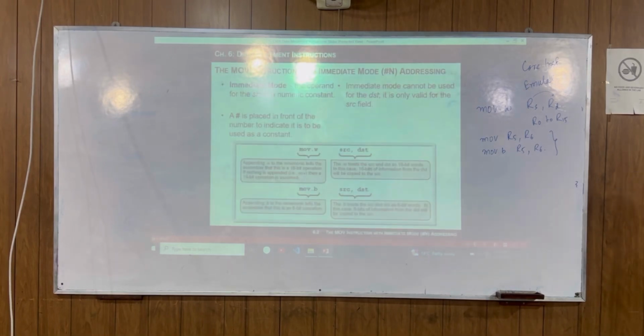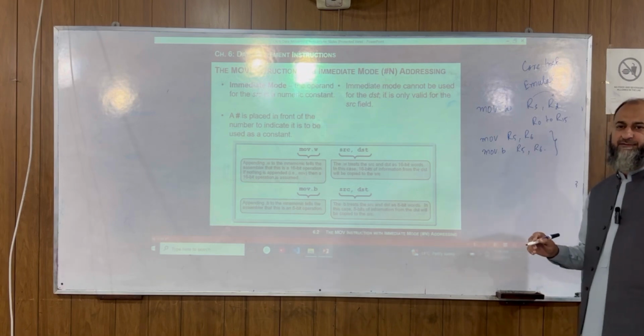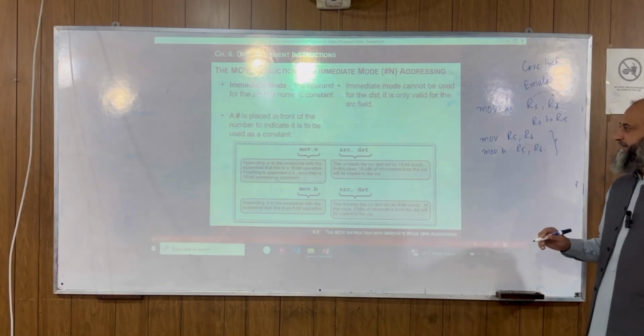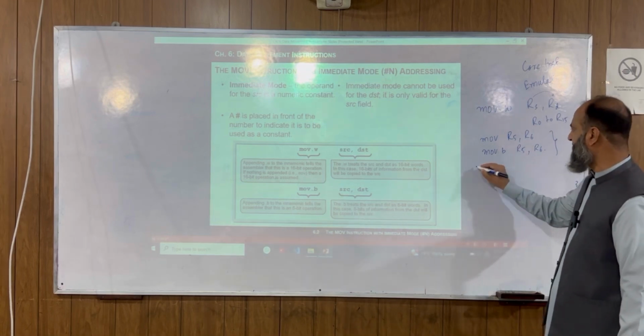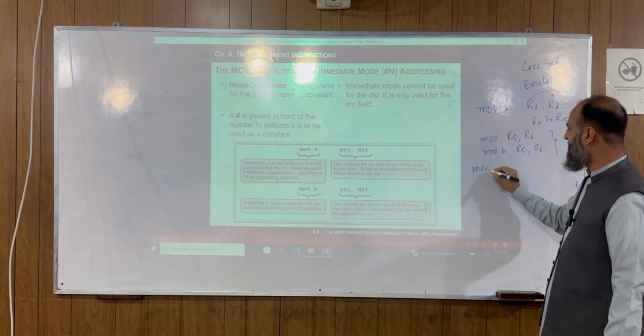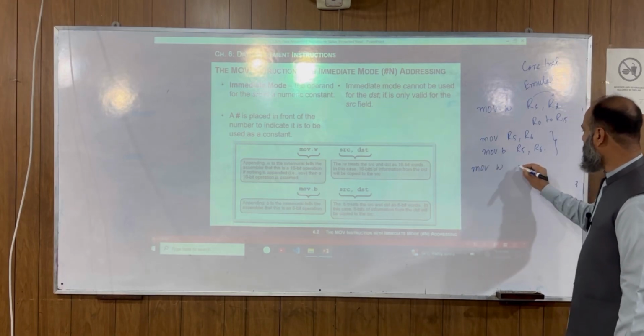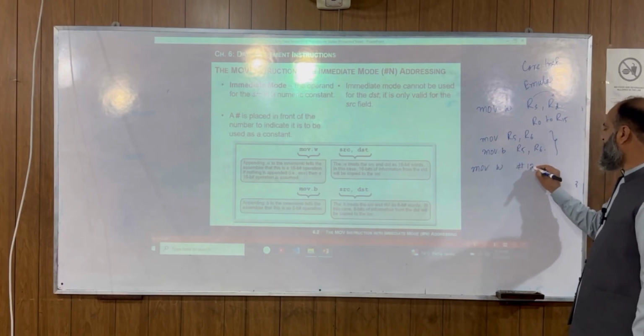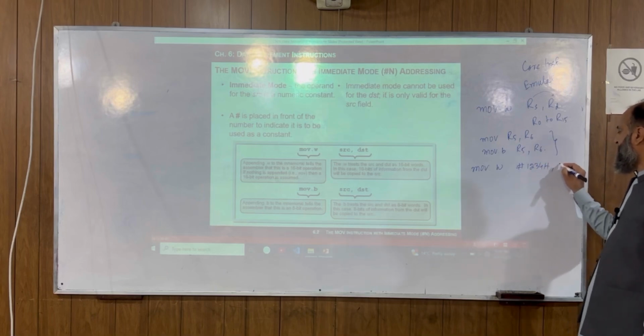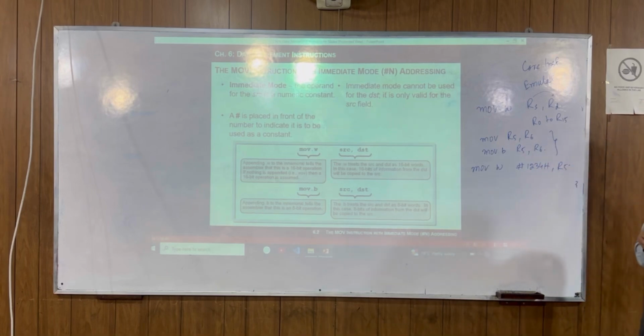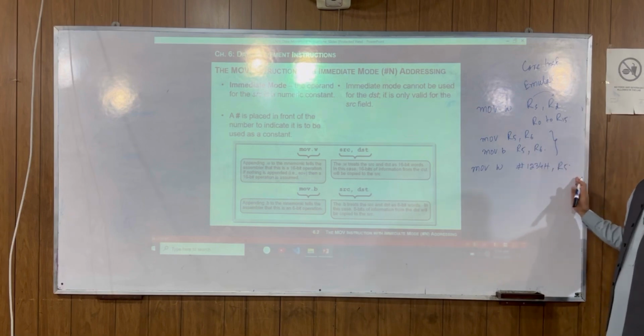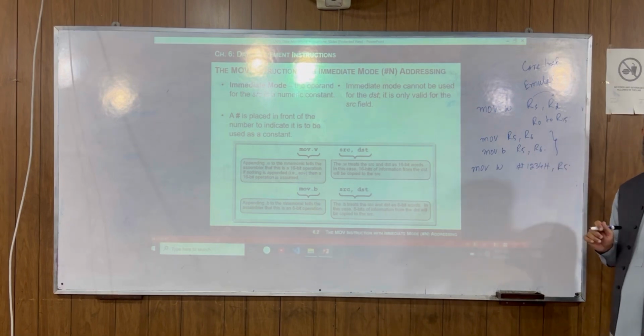Data movement instruction with an immediate mode. Over here we have an immediate mode, an immediate operand can be stored into any register. Over here for instance we have got move.w and hash 1234 hex comma R5. So the immediate data can be stored into any register. किसी register के अंदर आप store कर सकते हैं.